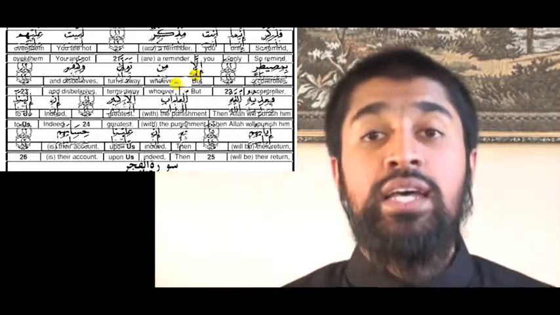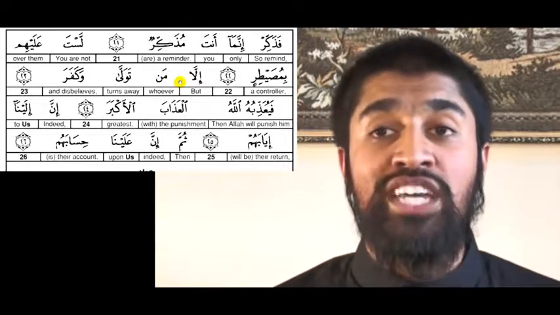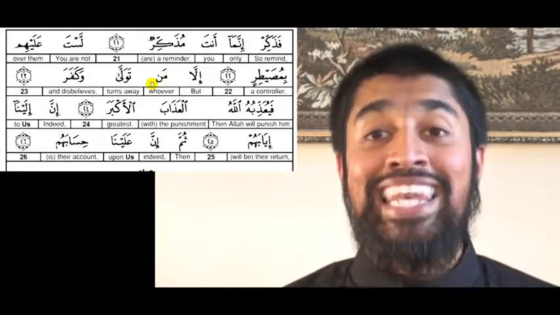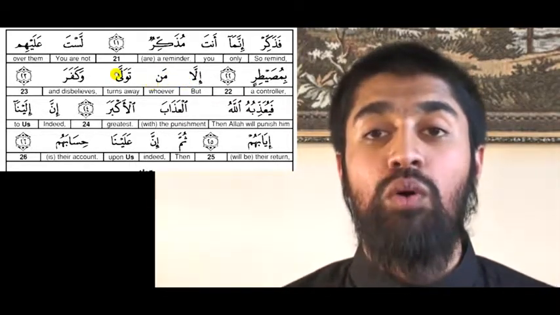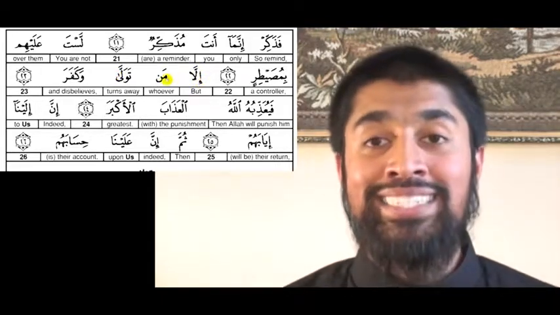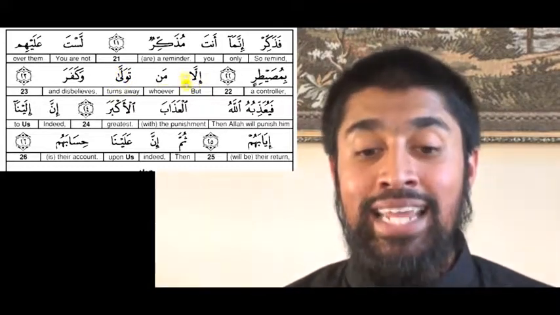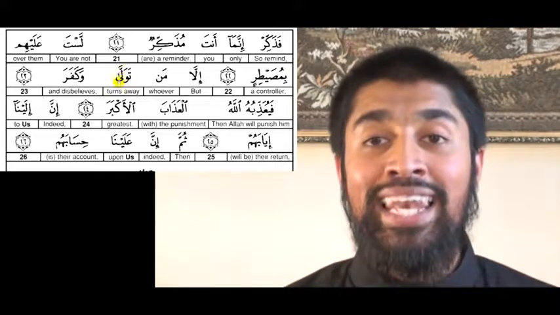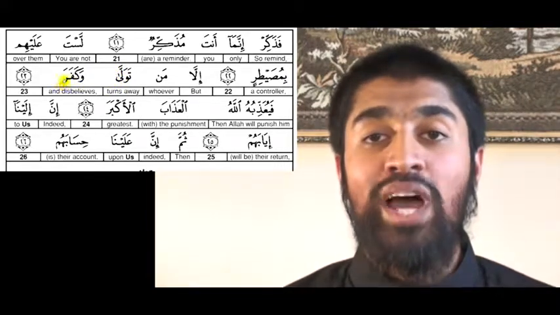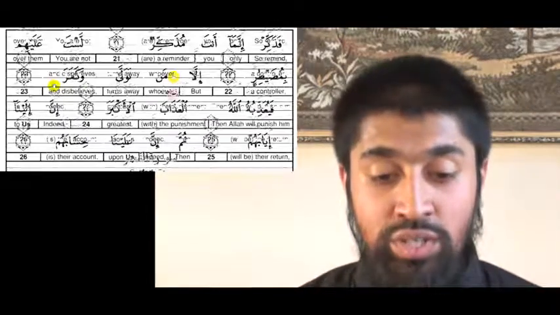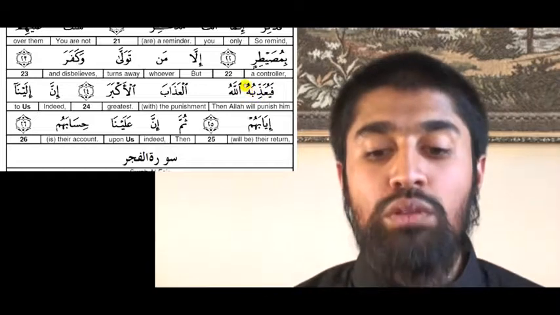So we'll read verse number 21 as we are going to read it in class. لَسْتَ عَلَيْهِمْ بِمُصَيْطِرٍ إِلَّا مَنْ تَوَلَّى وَكَفَرَ إِلَّا مَنْ تَوَلَّى إِلَّا مَنْ تَوَلَّى وَكَفَرَ. Verse number 24. فَيُعَذِّبُهُ اللَّهُ